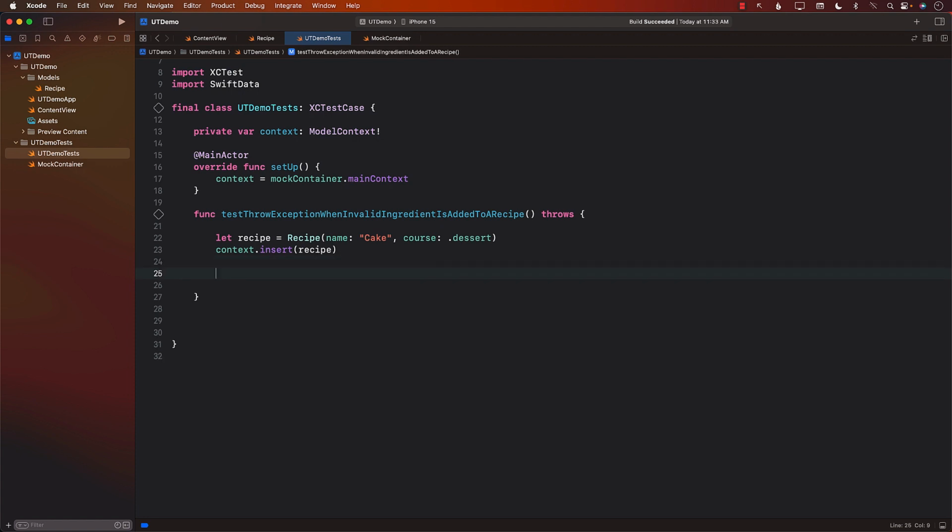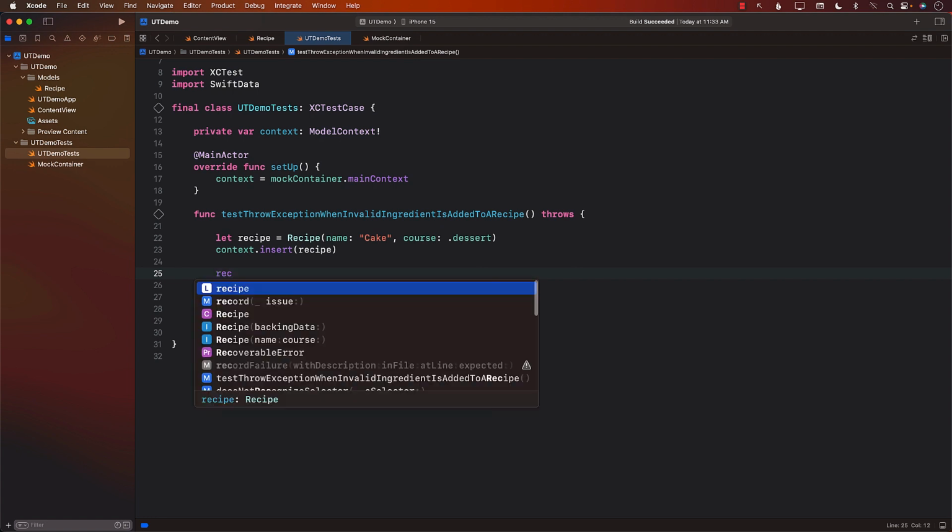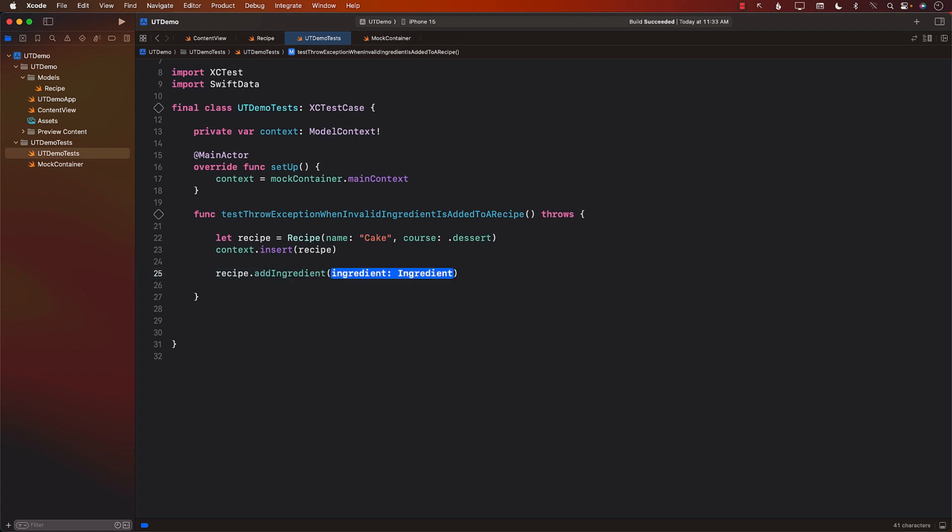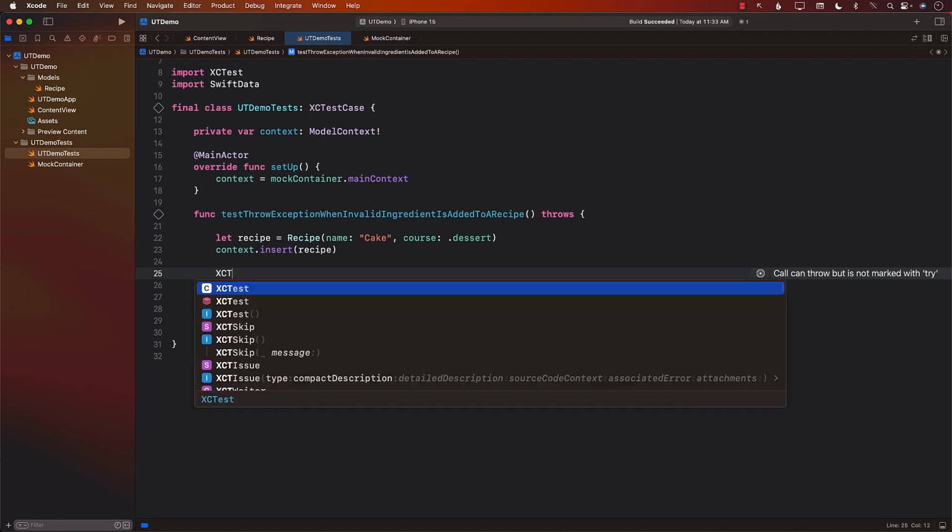The next thing that I want to do is add an ingredient. All right, so I can go ahead and say recipe.addIngredient and simply pass in whatever the ingredient I want to add. But this is where I want to assert that adding an ingredient like salt, which is not sweet, is going to throw an exception. So I can't just do it like this. This is the part that I want to check out. This is the part that is going to throw an error, and this is the part that I want to check out. So I'm going to say XCTAssertThrowsError,